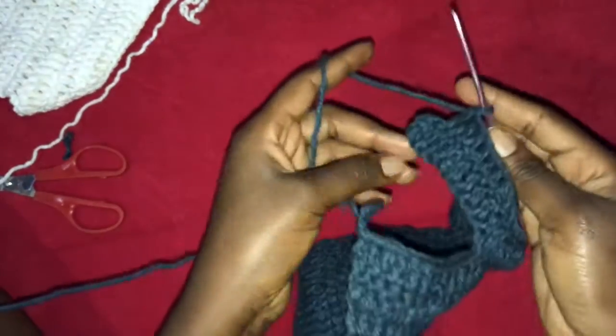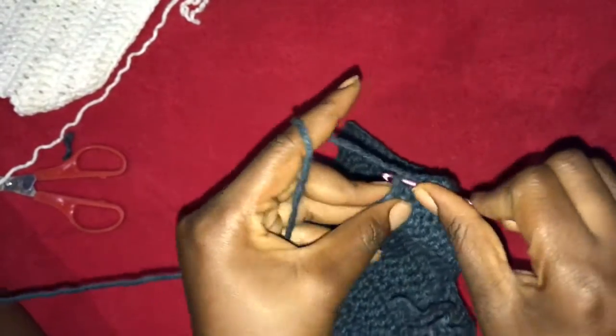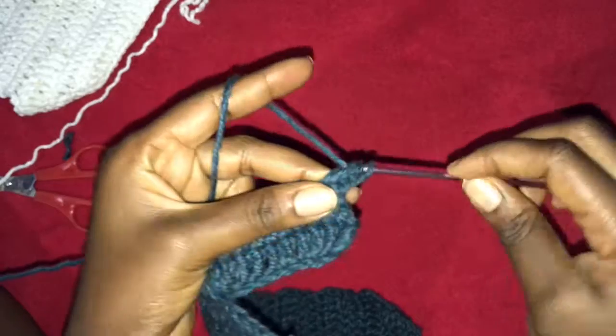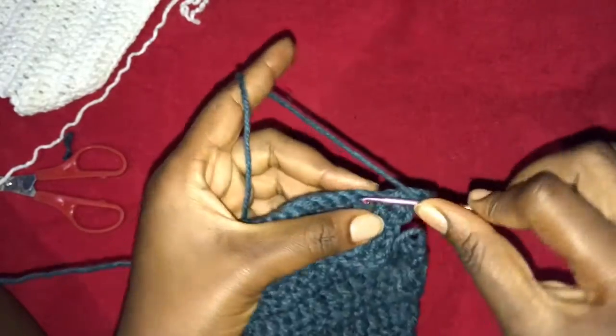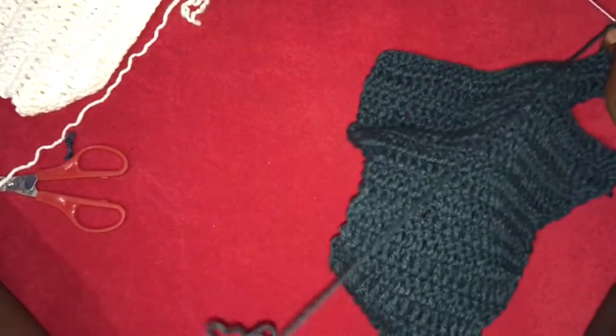So once you have 2 stitches left, like you can see, I'm going to work a decrease like this. Literally, you're just going to work 2 double crochet together in the next 2 stitches, and then chain 2, turn your work. 2 double crochet together, or you can just work a double crochet into the second stitch like that, and then work 1 double crochet into every stitch until you get to the end of the row, and just do those 2 steps repeatedly until you have made a decrease and